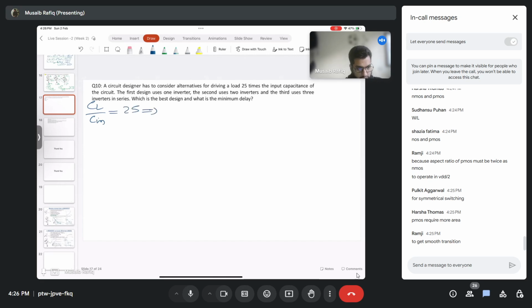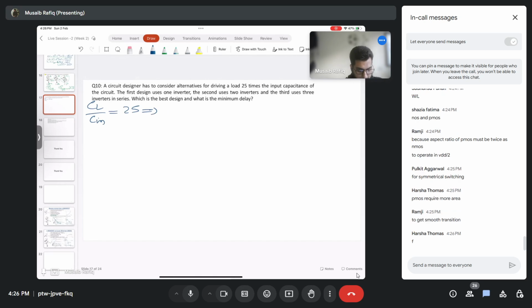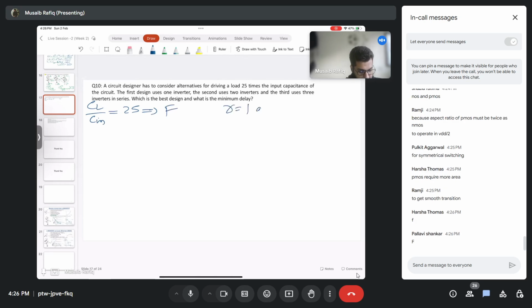And what is this thing equal to? We have already discussed this part. What is this equal to? F, capital F. Here I'll assume gamma equal to 1. Assumption. So when one inverter is used, TP is equal to,